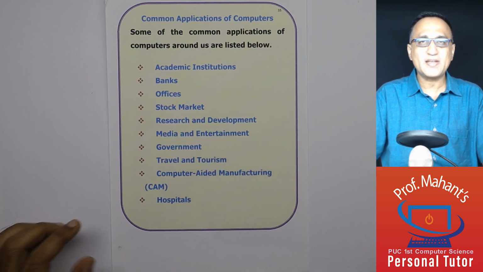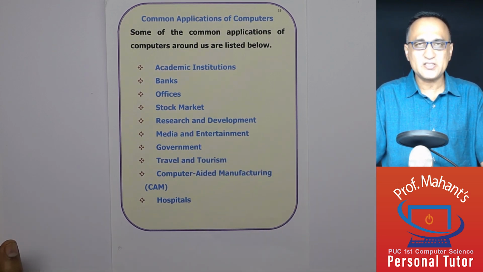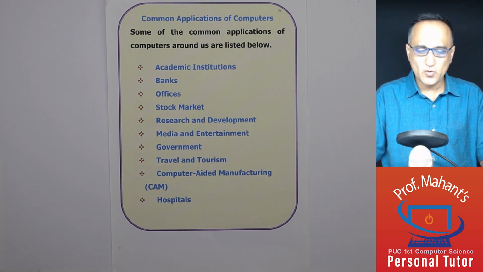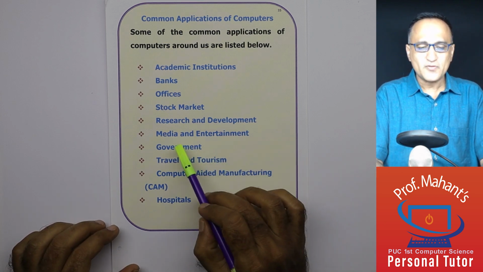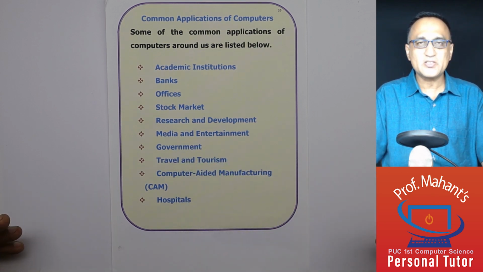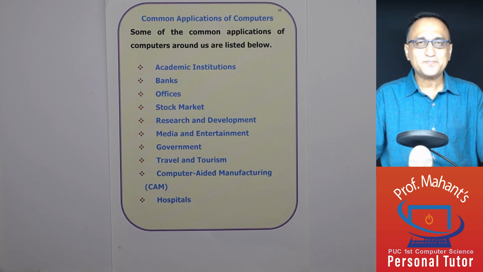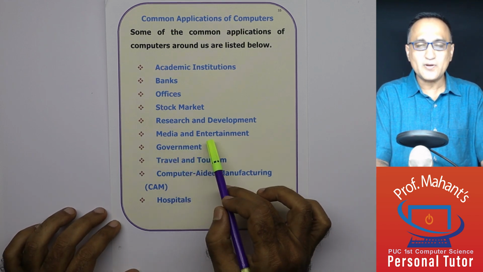Research and development organizations like NASA, Indian Space Research Organization, all your biotechnology people, even if you are in biology, it doesn't matter, they're using computers extensively, because for doing high end research, we have to use computers because there is a vast amount of data and only a computer can process that amount of data efficiently and effectively. You have seen a lot of animation in movies, a lot of processing of characters. Like those Toy Story movies, those are all developed using powerful computers